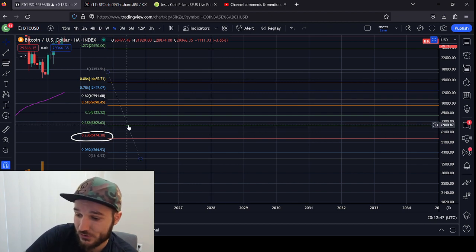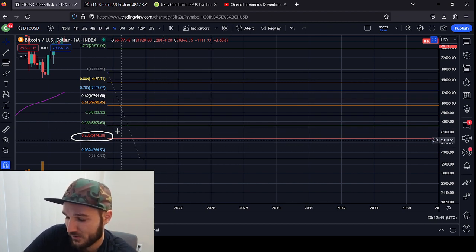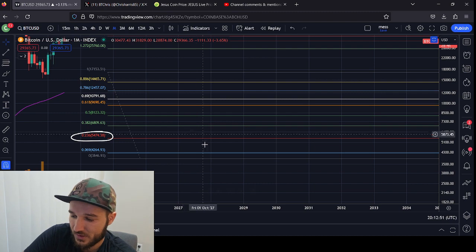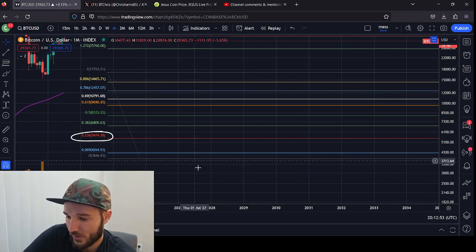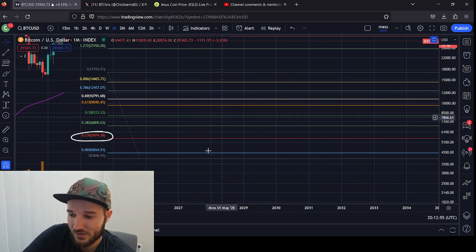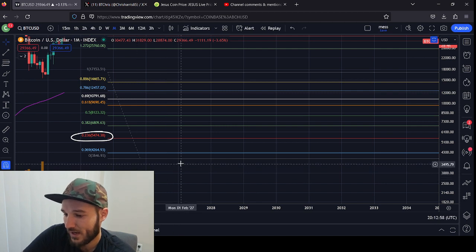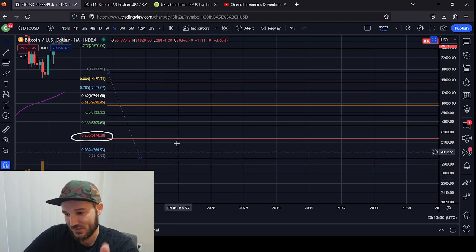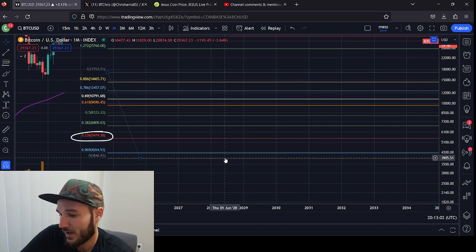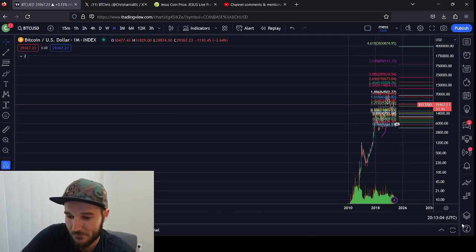Your 236 and your 382 probably will be these colors, but you can keep them at the neutral settings or whatever. You can change them as you want. This is just what I do personally. They do not match. These are very offsetting colors, but I like them to kind of be offset. I like them to stand out from each other so they don't all blur together. So if I'm looking at it from further out, I can kind of see it. But anyways,